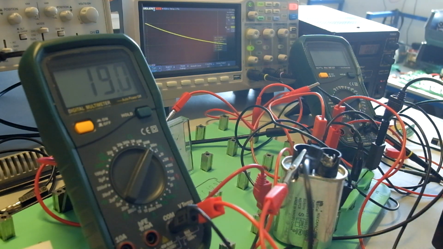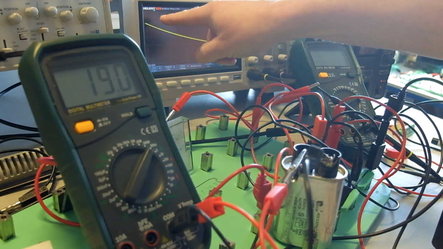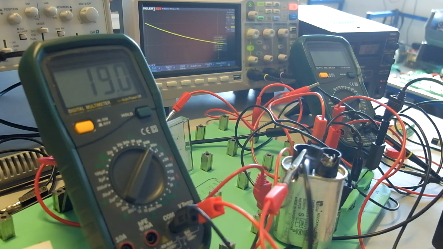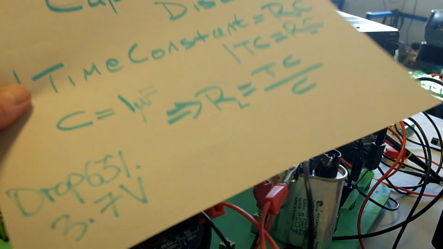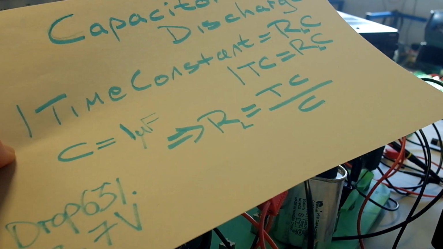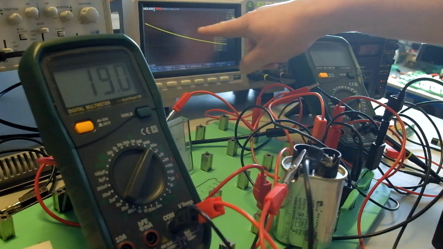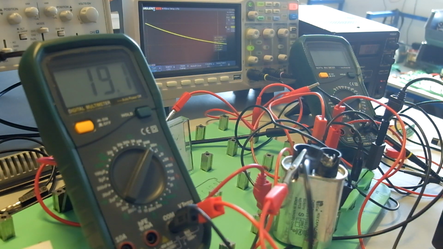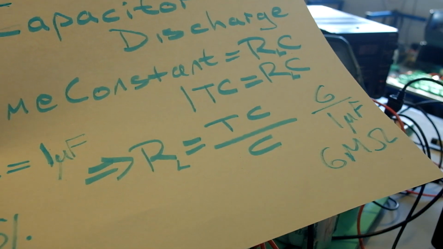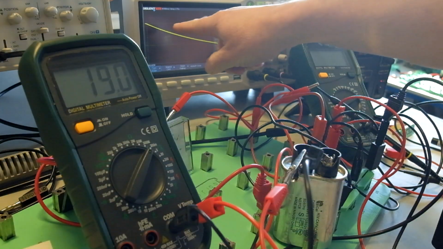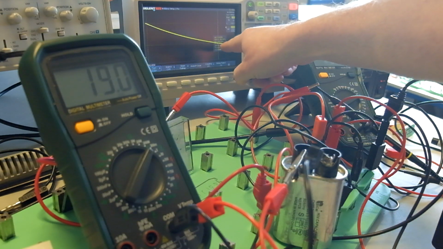And the other way to ascertain it is if we do the RC discharge on the oscilloscope here, we can ascertain the time constant of our RC discharge, and that time constant, if we measure it off the oscilloscope, is 6 seconds. So if we've got 6 seconds divided by 1 microfarad, that would mean that our RL is in the region of 6 megohms, because with the time constant from discharging from 10 volts, dropping 63% to 3.7 volts down the